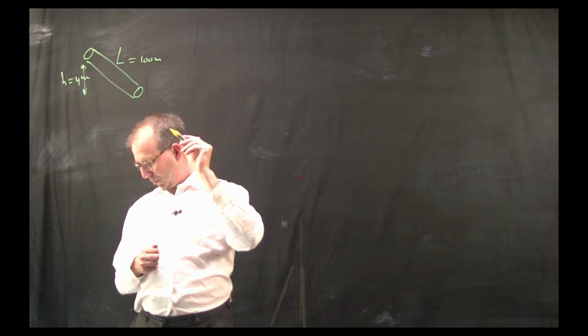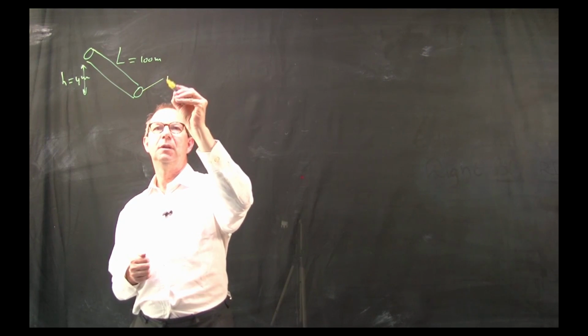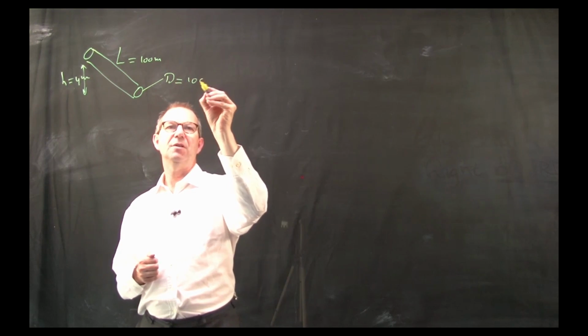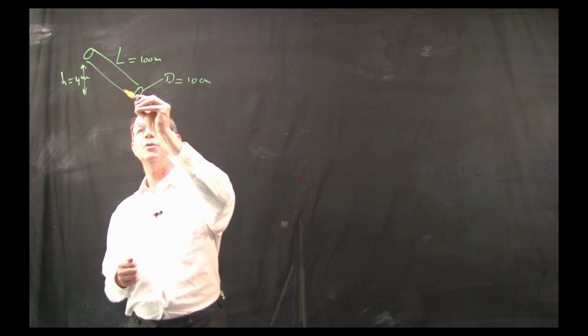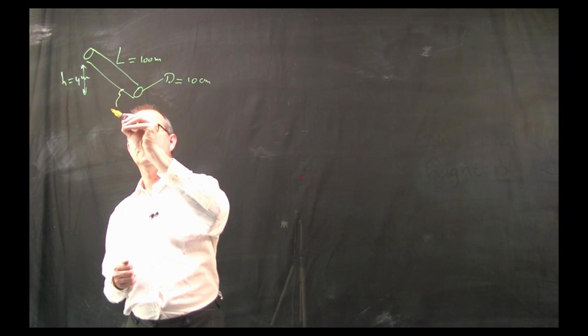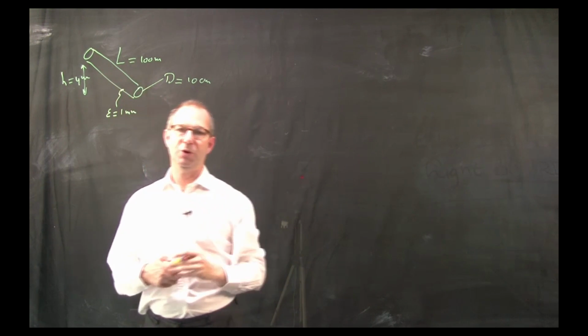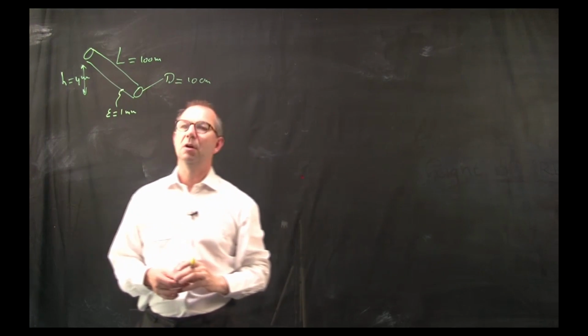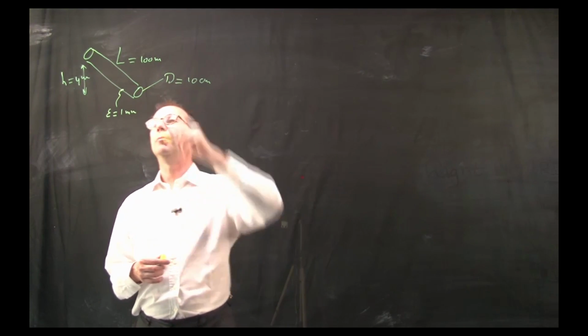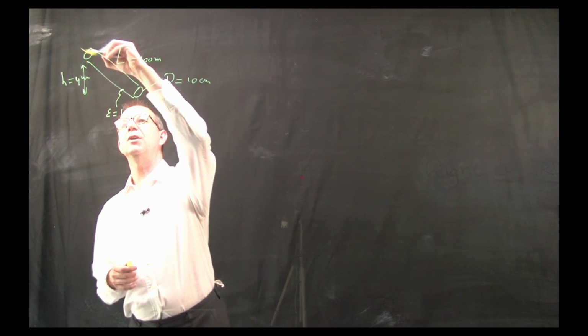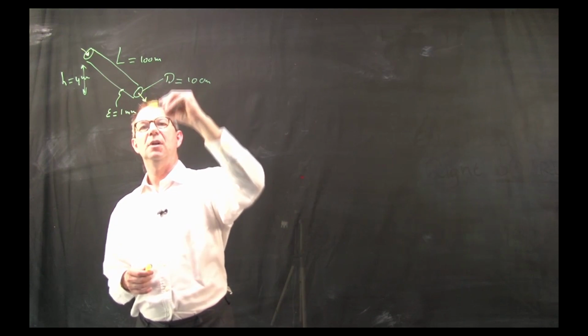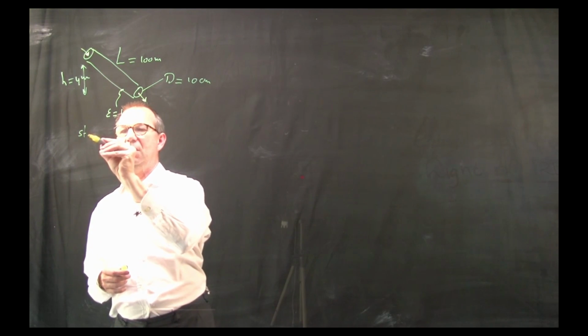The diameter of the tube is 10 centimeters and the roughness of the tube is 1 millimeter. So this is not a smooth internal wall material of the tube. Water is flowing through this tube in and out in a steady state,